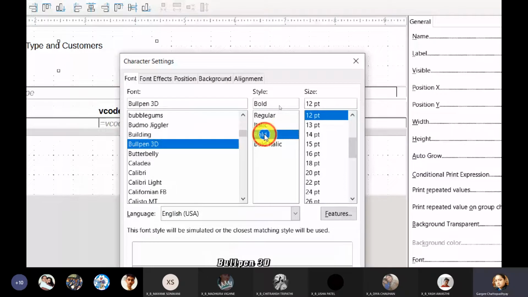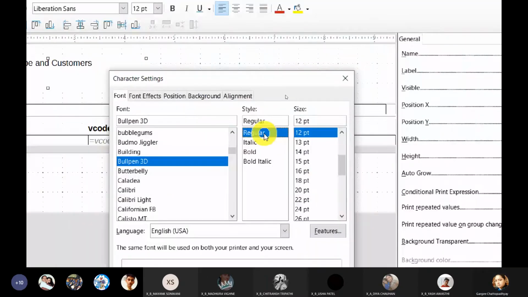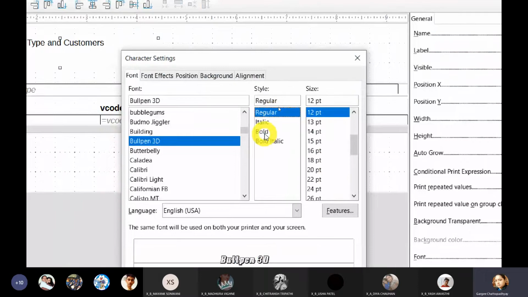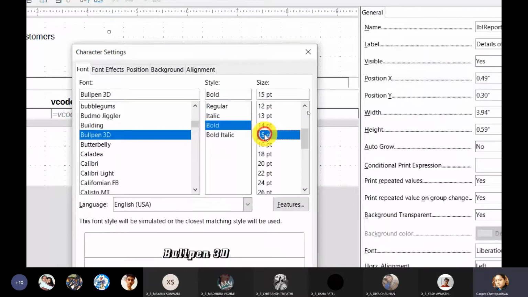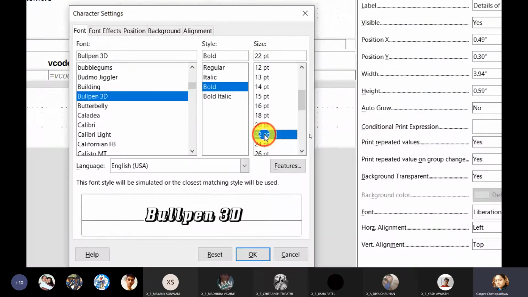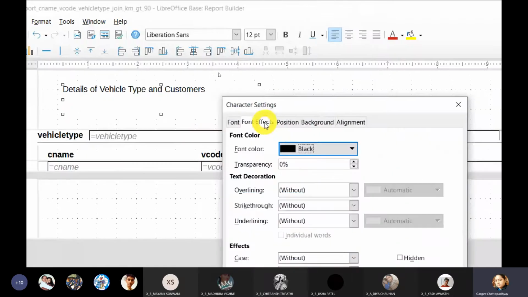Suppose I have selected this Bullpen 3D, and let me give it a nice large font size. And I'll go to font effects. I can choose the font color from here.